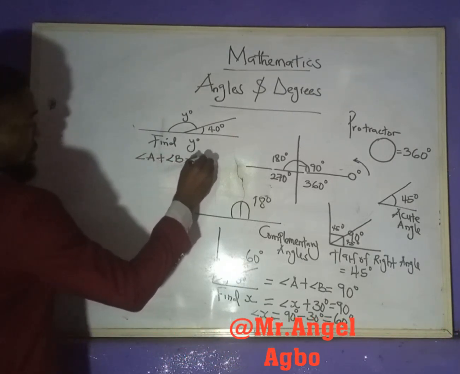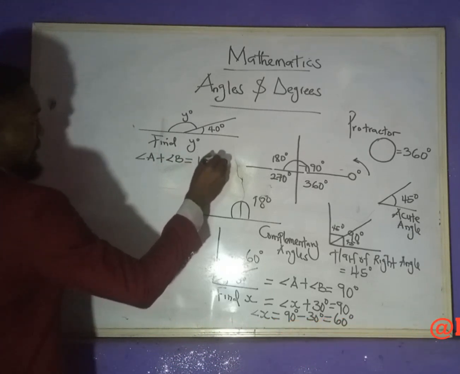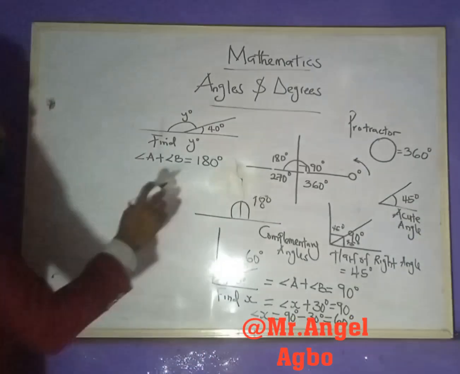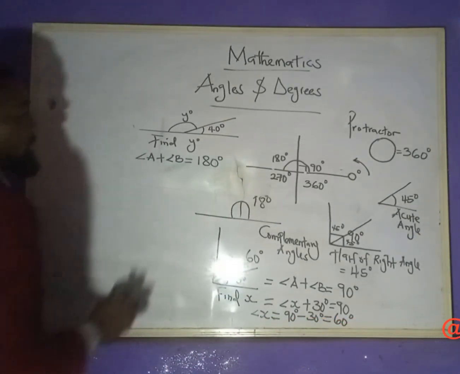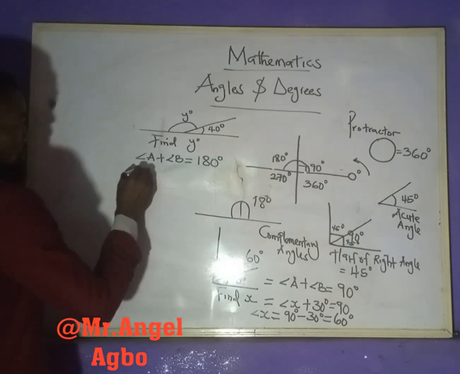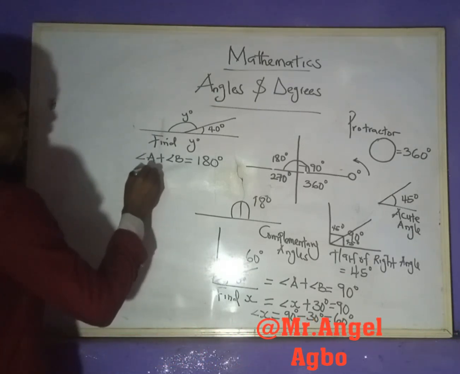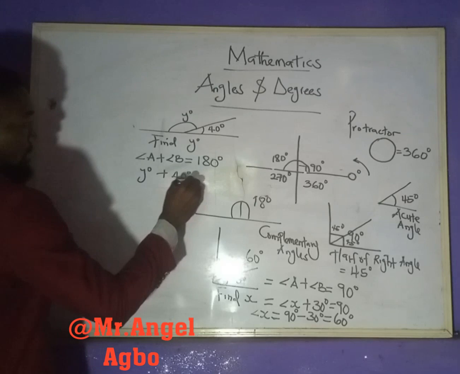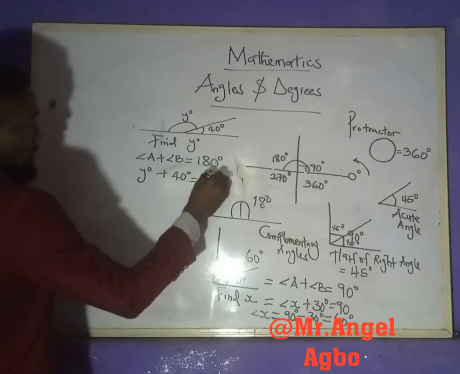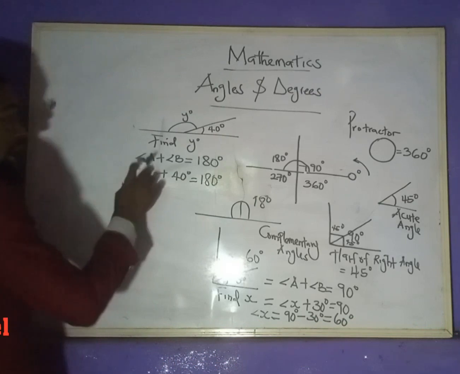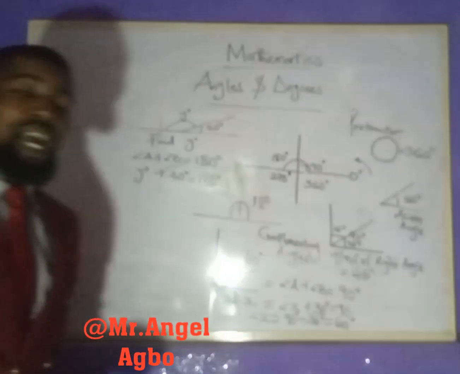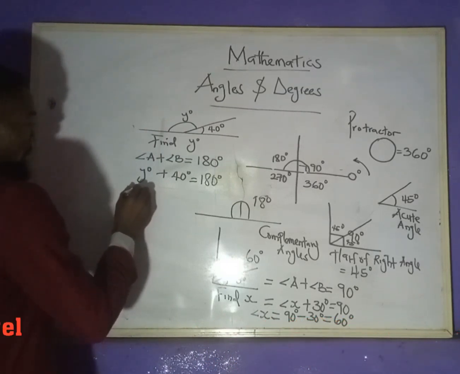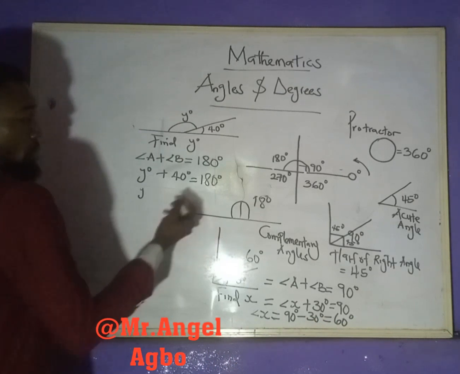is equal to 180 degrees. Let's say our y degrees is our A, and 40 degrees is our B. We're going to have it this way: solution, y degrees plus 40 degrees is equal to 180 degrees. What are we trying to do? We're trying to find angle y. And now we can decide to subtract 40 from both sides,